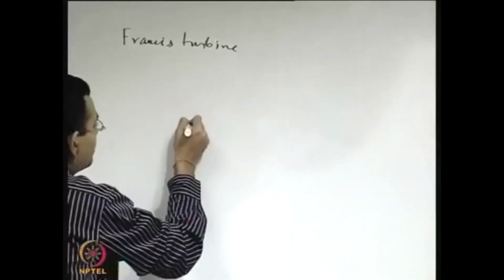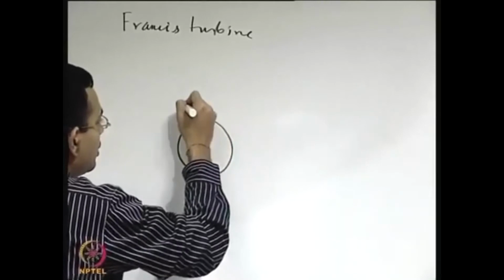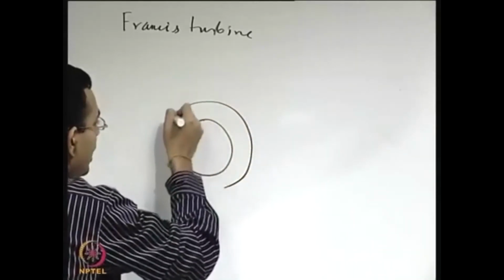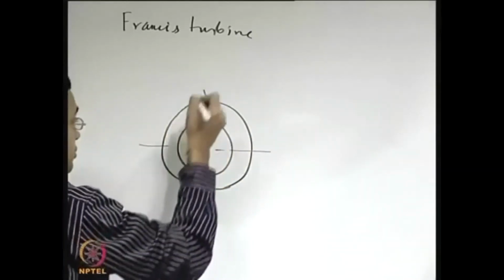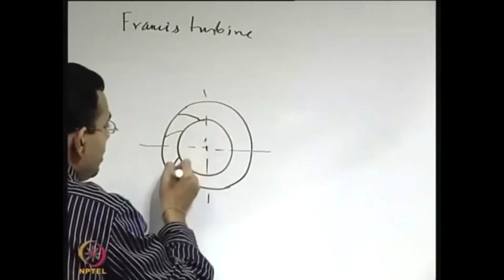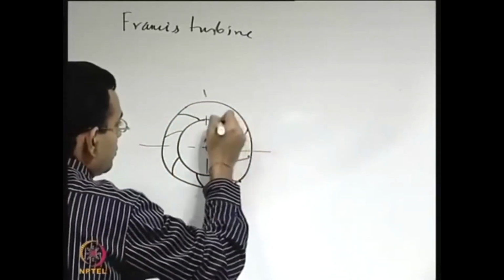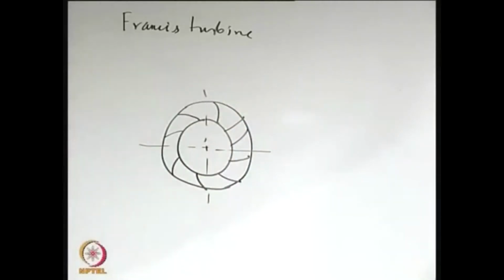So, you have a runner. We have mentioned that the rotor of the Francis turbine is called a runner. So, you have a runner with certain blades. These are rotating blades, but there should be something which would be giving a fixed direction to the water falling on these blades. So for that you should have certain blades which guide the flow, and those are called guide vanes or guide blades. In some cases those are given alternative names as wicket gates.